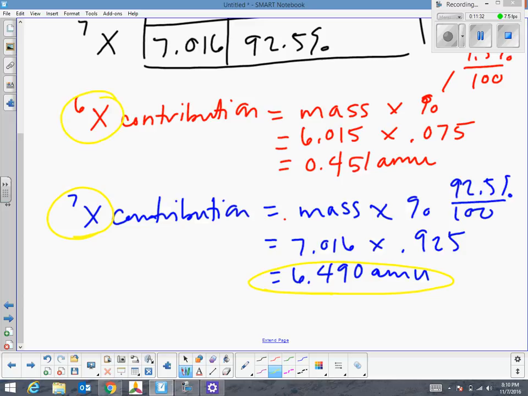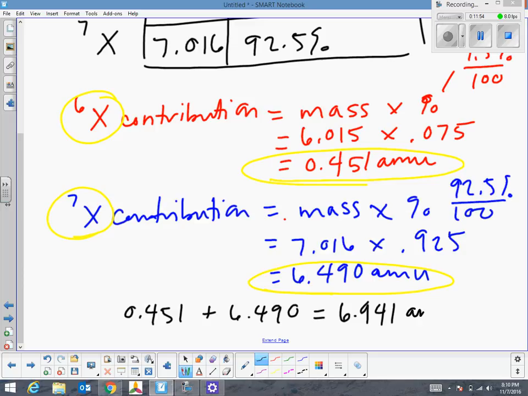Okay, so now we know that isotope 7 contributes that much mass to our unknown element, and isotope 6 contributes this much mass to the unknown element. So how do we figure out what our element's actual mass is? We just add those together to find the atomic mass. So 0.451 plus 6.490 is going to give you